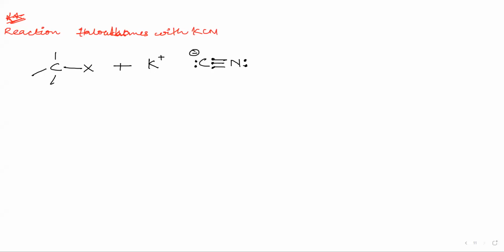The CN together will do it, right? Let's say CN together, but through which end? Now you can see from the carbon end I can attack, and from the nitrogen also I can attack. So before that, let us see: this is a new type of nucleophile that we have seen, which has 2 attacking sites. Am I right? Yes, it has 2 attacking sites.